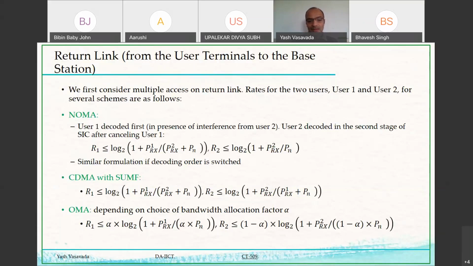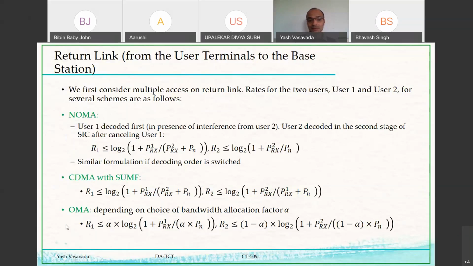Now, as a system designer, we want to know what we can achieve overall in terms of the overall system rate. Individually is also important, but overall what we are able to do. So that is what we are going to look at. We are going to see what R1 and R2 together can be.